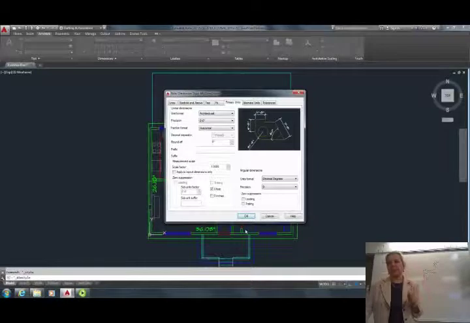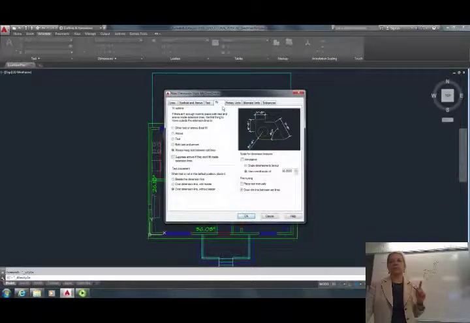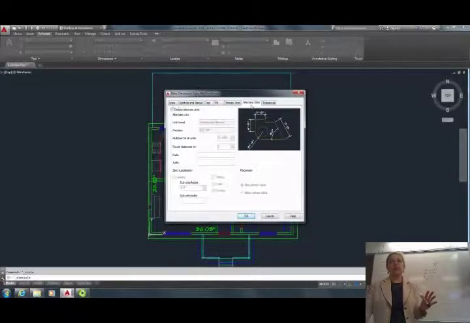So I'm going to go suppress 0 feet. Then I'm going to go back to fit. But let's just mention alternative units. Alternative units, if you click this aerial button on, a very handy